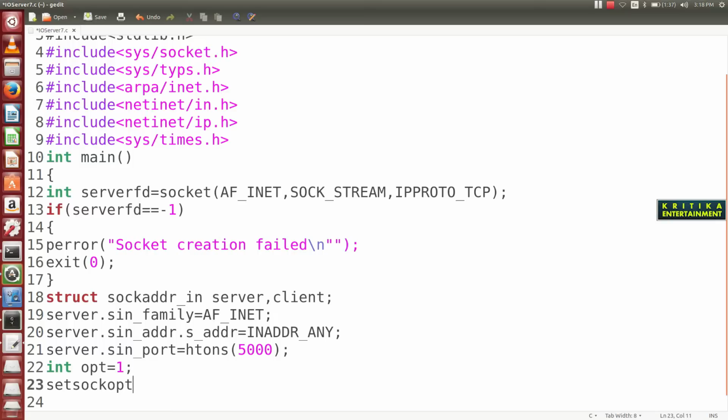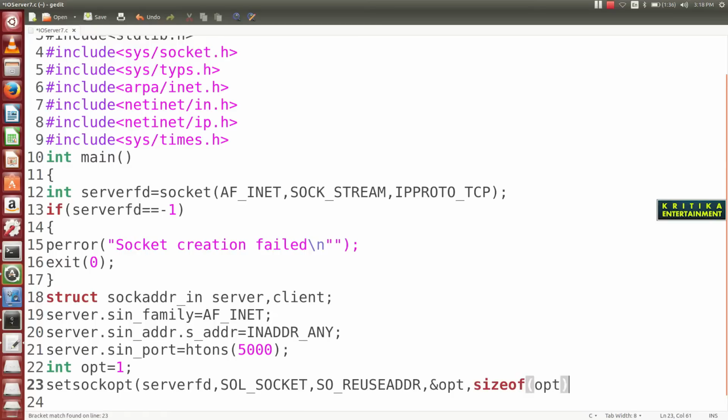So setsockopt: we will pass server_fd, then SOL_SOCKET, then SO_REUSEADDR, then ampersand opt, then sizeof opt.